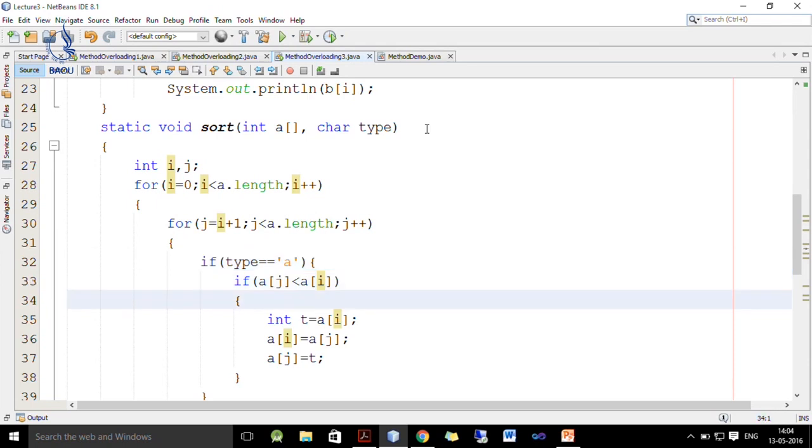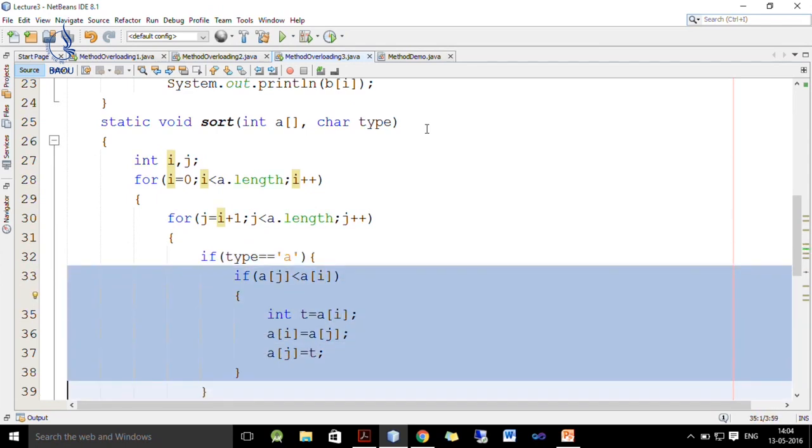So, what we do is we compare i with the rest of the elements, and if any element which is less than i is found, then we exchange the ith element with the jth element using a temporary variable t. So, this logic performs the exchange depending on value.